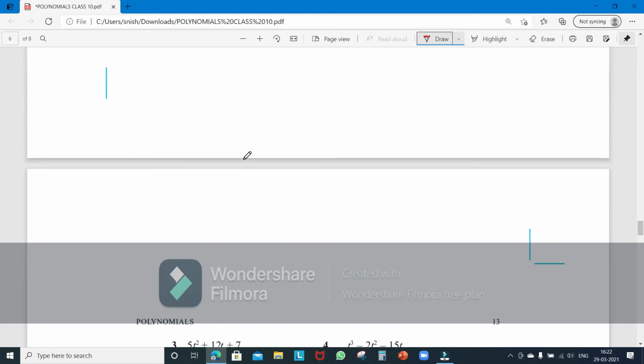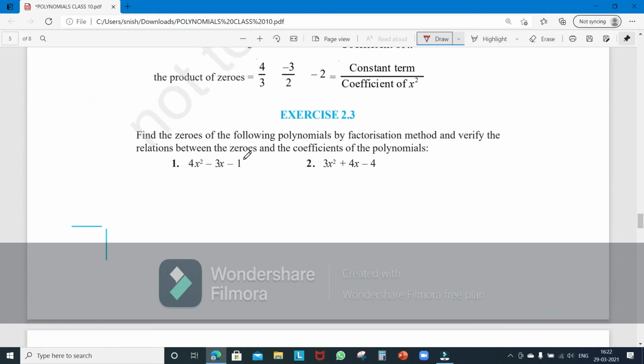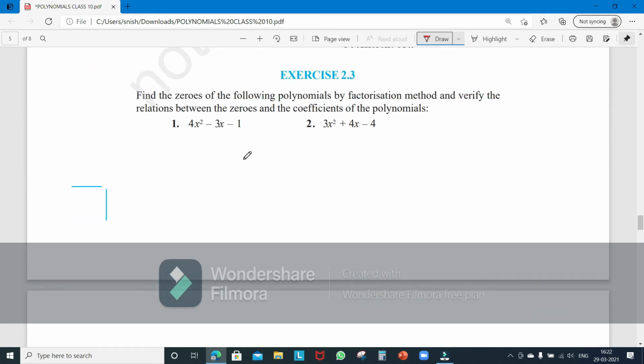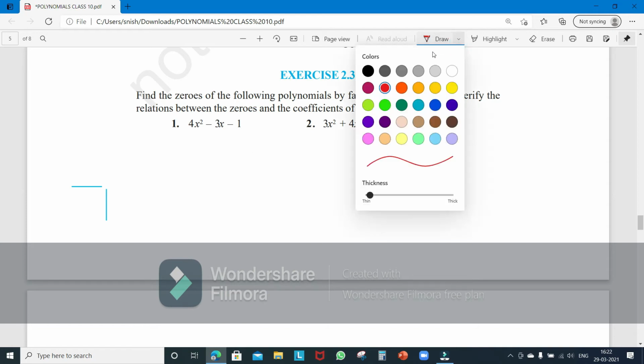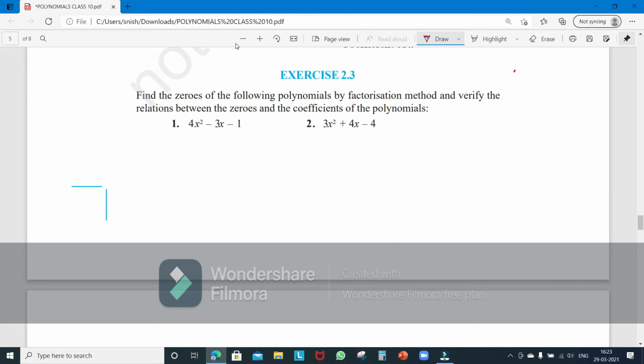And here I prefer you guys to solve by yourself. There are 10 questions. I'll pick any 4 of them and solve, but the rest of the 6 I want you all to solve it once. Okay, so definitely some practice is necessary, right?